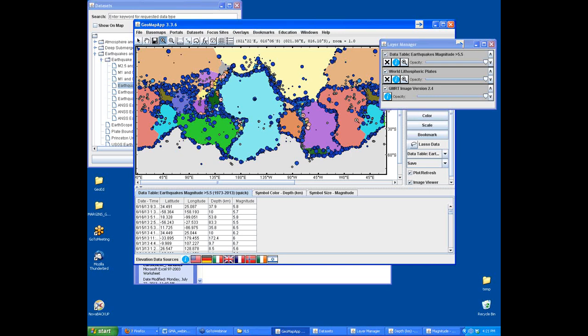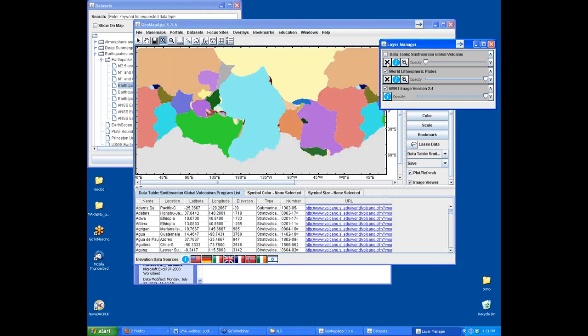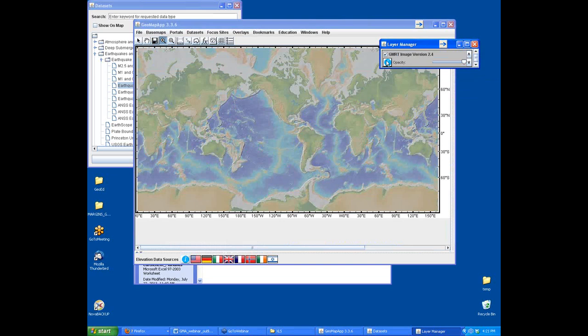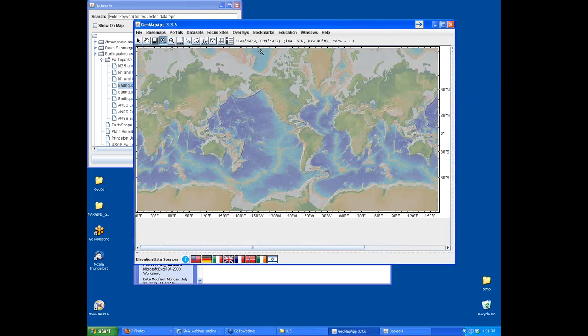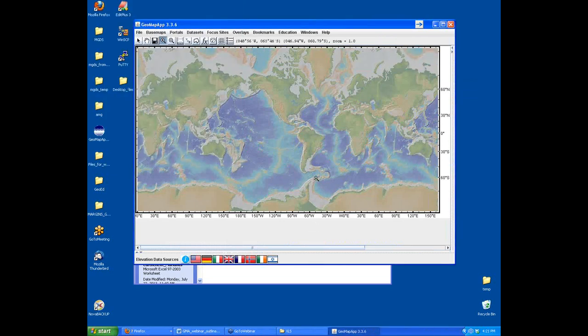Okay, the last thing I want to show is I'm going to get rid of these data sets that we've so far plotted, go back to the original map window like that. And I'm just going to quickly show in the last minute one of the portals, and this one is for multi-channel seismic data. And in GeoPRISMS, there's a lot of data in the primary sites, and we'll look quickly up